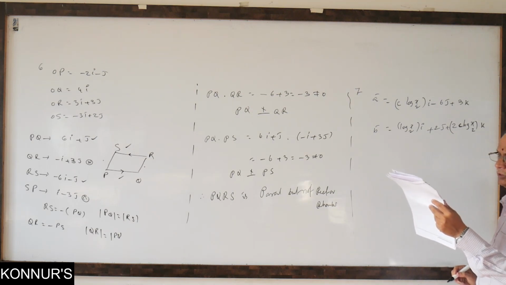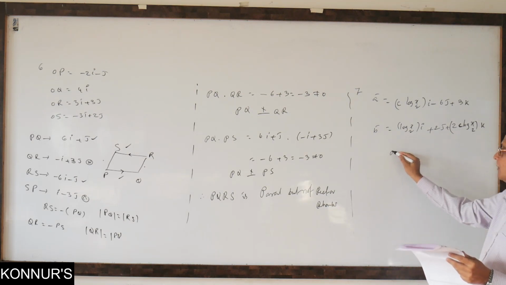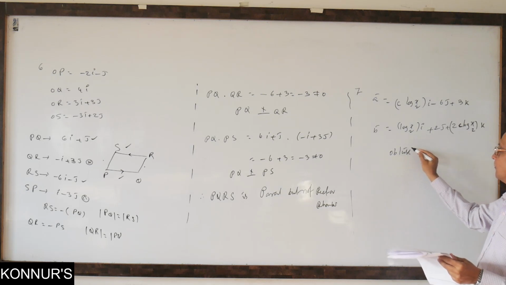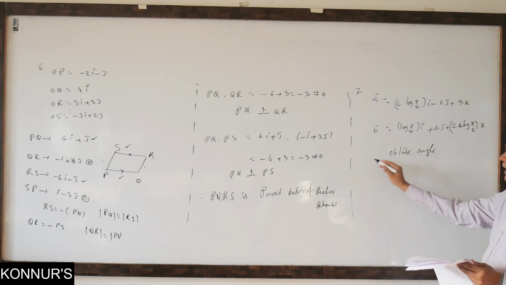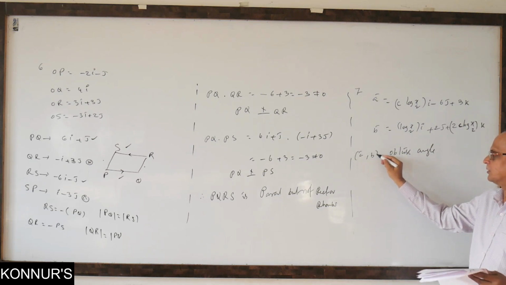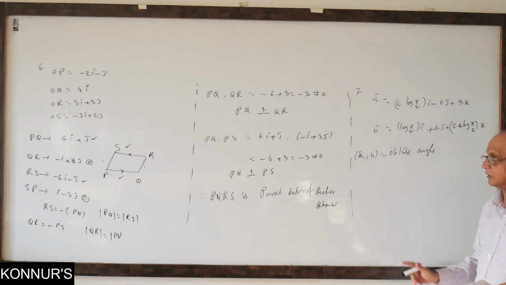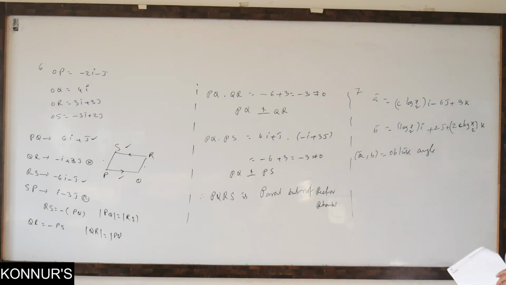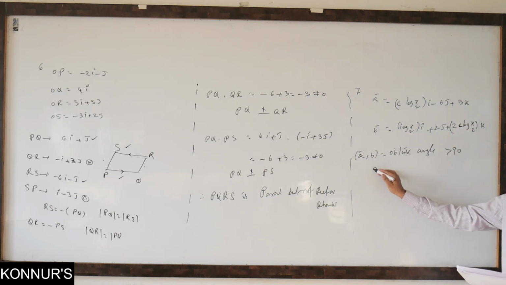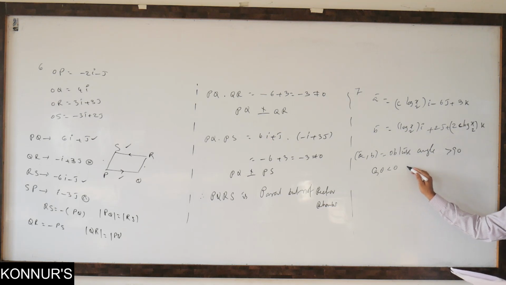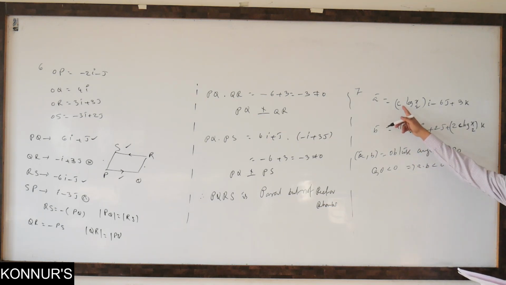So, if these vectors make an obtuse angle between A bar, B bar, this is the notation, order type. In brackets if you write. Obtuse angle means, like the fourth problem, greater than 90. Greater than 90 means cos theta negative. Cos theta negative means A dot B negative. What is A dot B here?